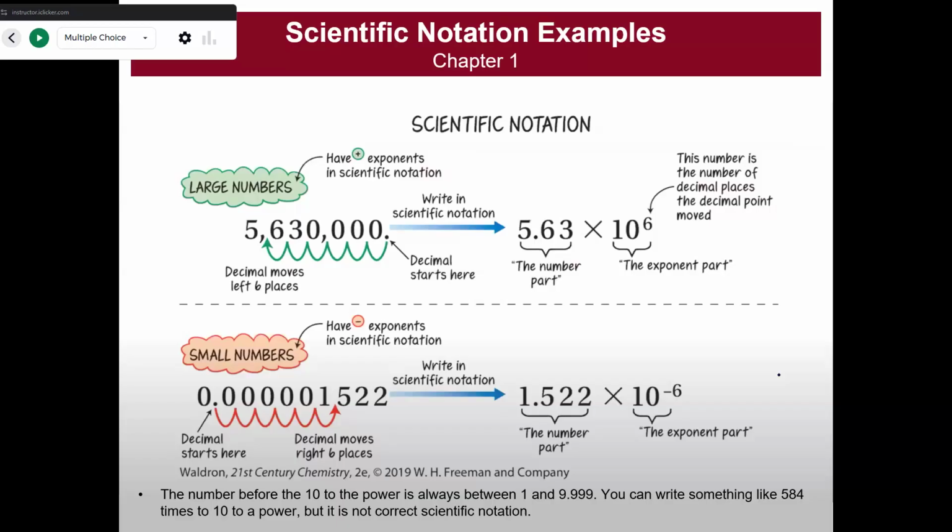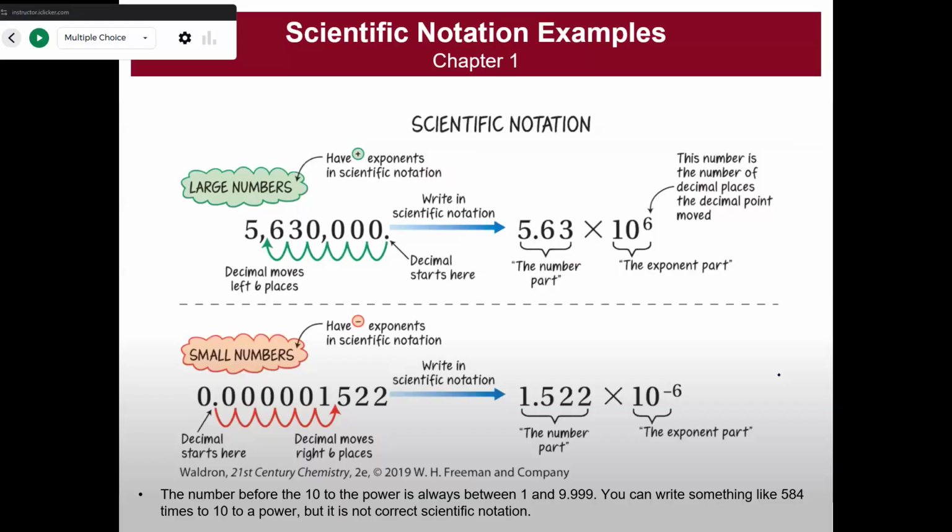So the positive exponent is when you move the decimal place to the left to change your number from 5,630,000 to 5.63. But then we have the exponent part as the number of places that that decimal moved. It moved 6 places to the left. So that times 10 to the 6 is going to show us that the number